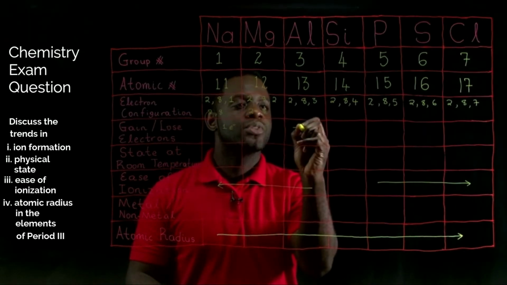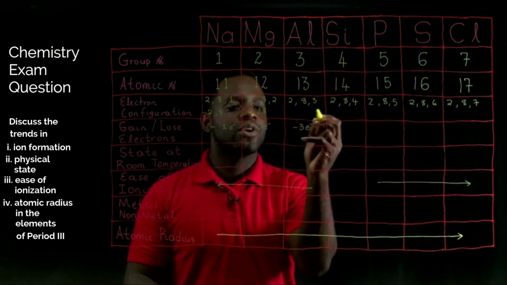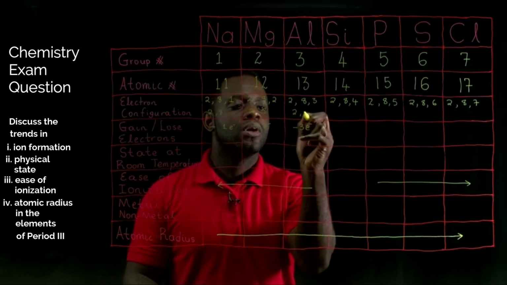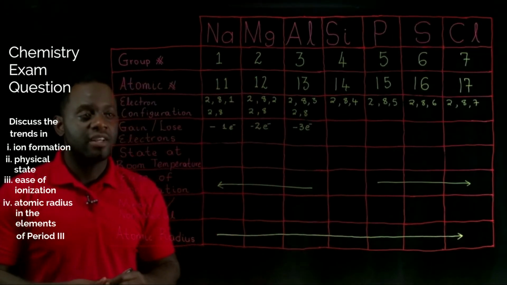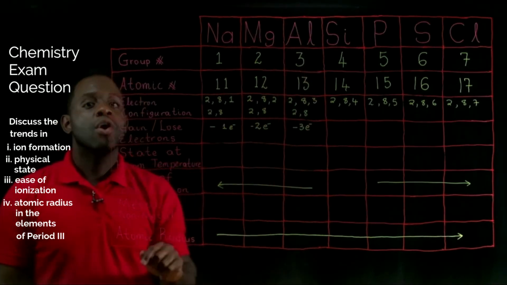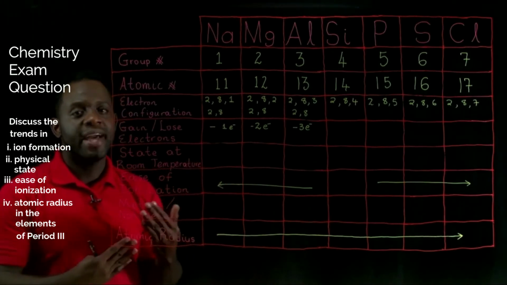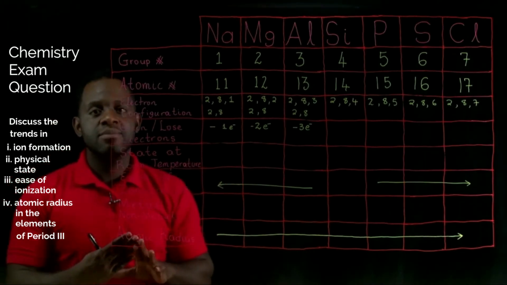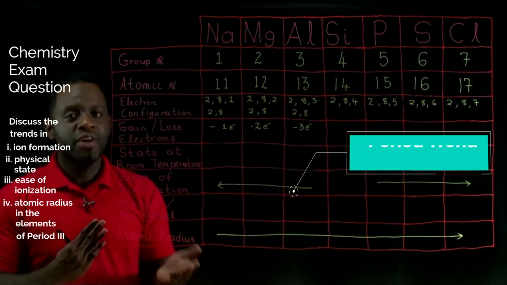Aluminum will lose 3 electrons, and its new electron configuration will be 2, 8. Remember that the electron configuration of neon, the closest noble gas to these 3 elements, is also 2, 8. So another way to look at it is that atoms will participate in chemical bonding by losing or gaining electrons,